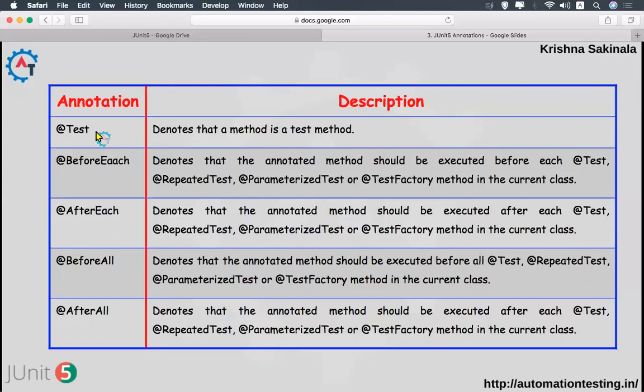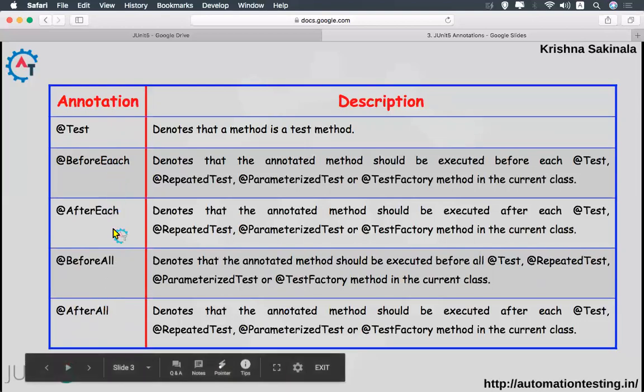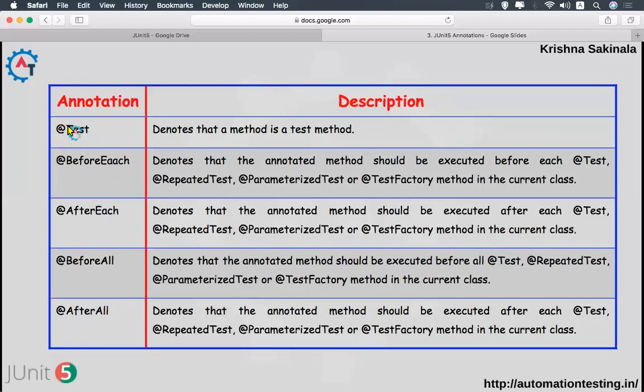@Test is one of the important annotations in JUnit 5, and all other annotations support the test annotation: before each, before all, after each, after all. The important one is the test annotation.